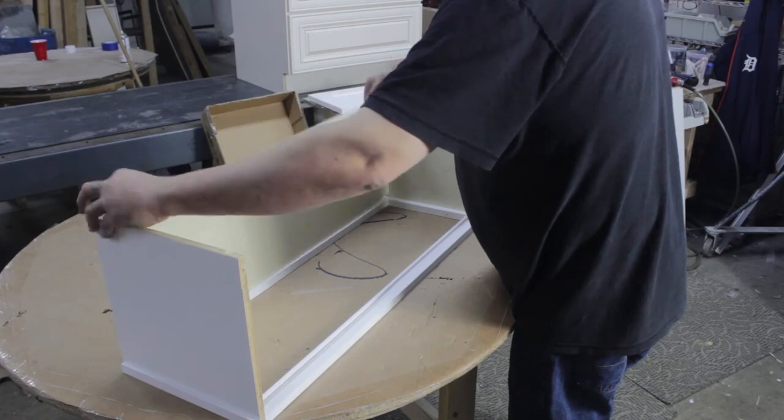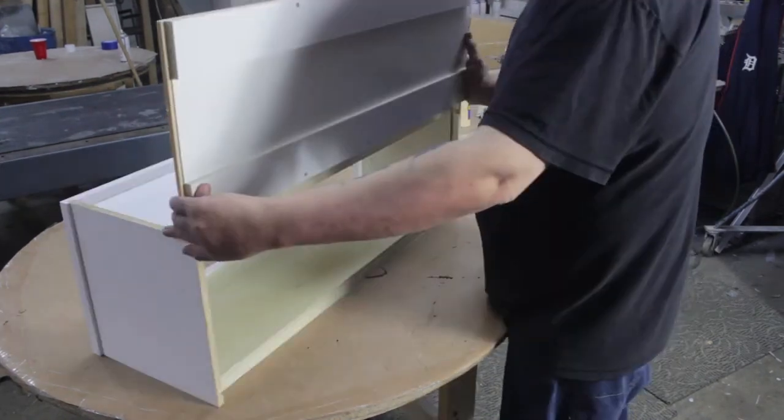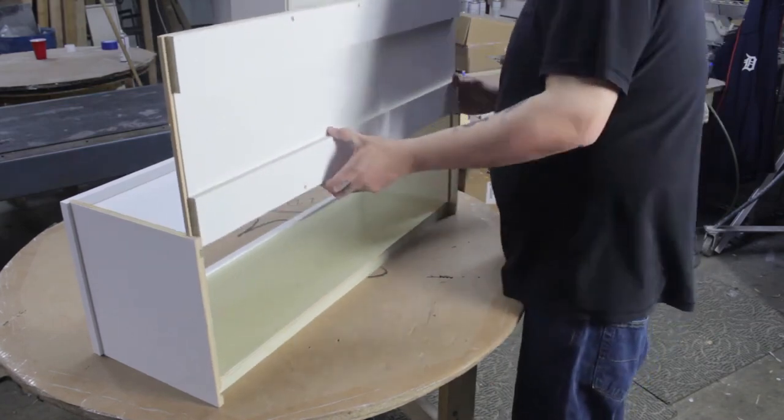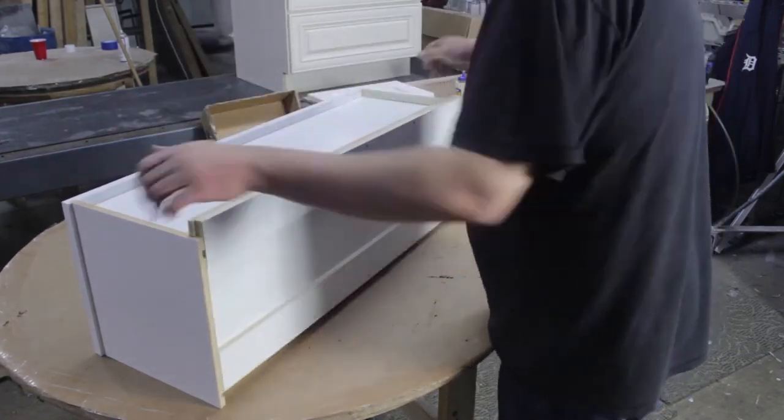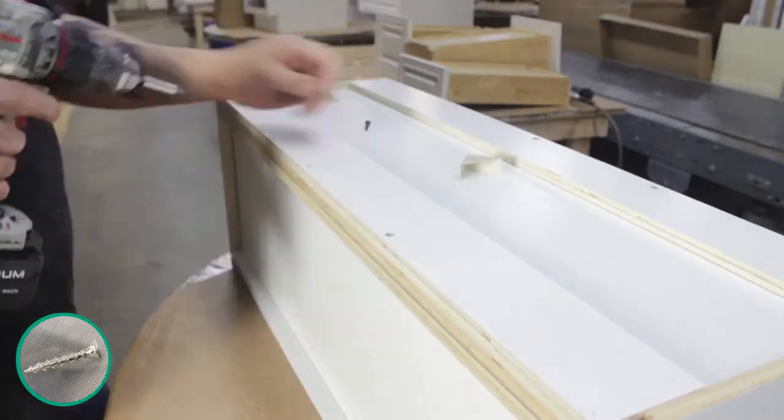Now slide the top and the bottom of the cabinet into place using the groove on the side of the cabinets. Flip the cabinet upright and slide the back wall into place using the grooves on the cabinet walls. Turn the cabinet onto its front and use pre-existing holes to secure the back of the cabinet to the top